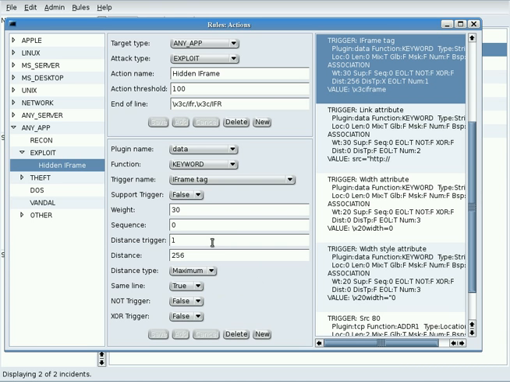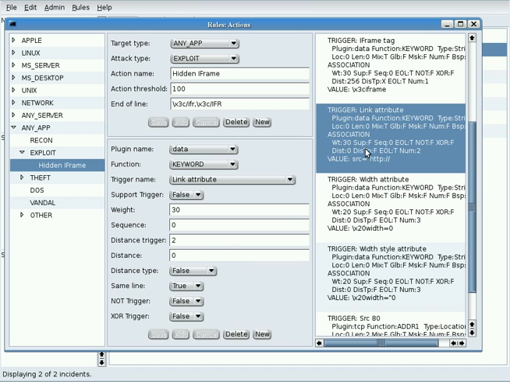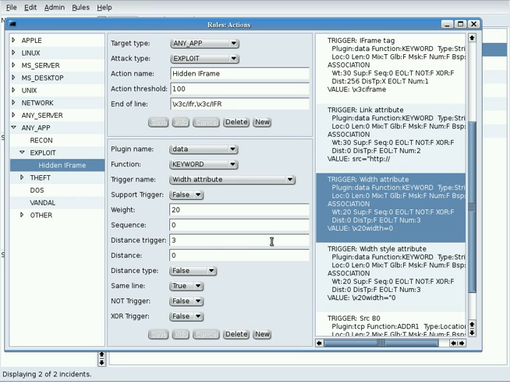There must be only one trigger with a distance trigger value of 1, and it sets the distance value itself. Other triggers which have a distance trigger value greater than 1 are simply part of the group. The same line flag is set for all triggers that must not be separated by any of the end-of-line strings. If the not flag is set and a trigger is detected, the action is discarded. If the XOR flag is set for multiple triggers, only the first one detected is used to add to the